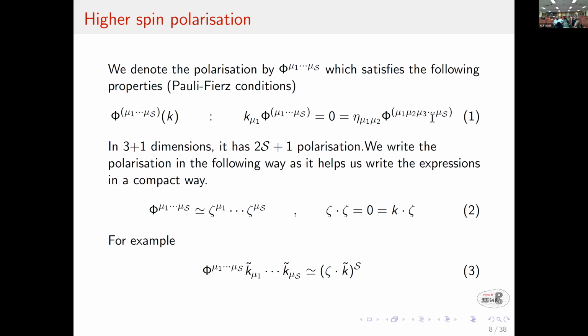Symmetric. Yes. At this point, I'm only working with symmetry. This is not a statement about representation or any physics. It's just a shorthand way. Whenever I go back to this expression, I'll take a derivative with respect to zeta and write down that expression. The important thing is you don't lose any information. Correct. Because it has the same symmetric properties. Exactly.